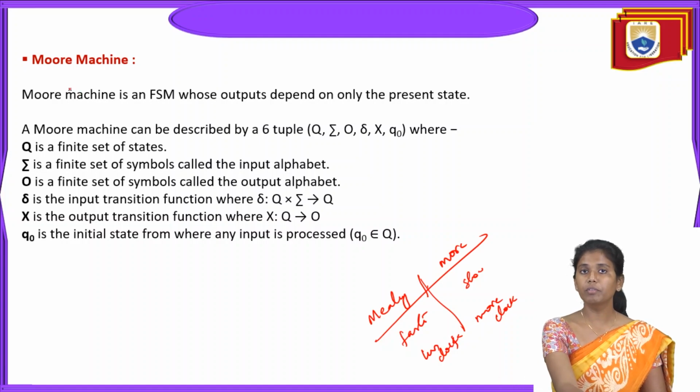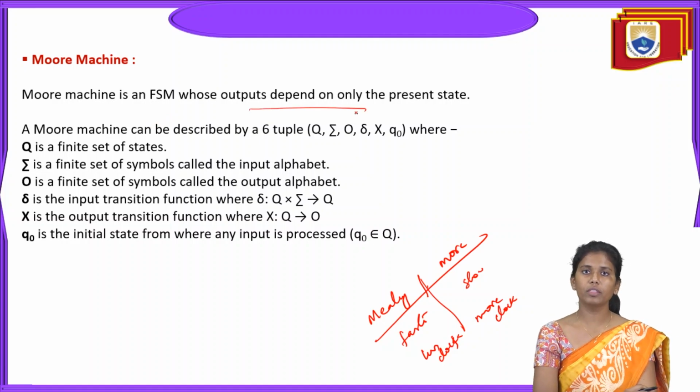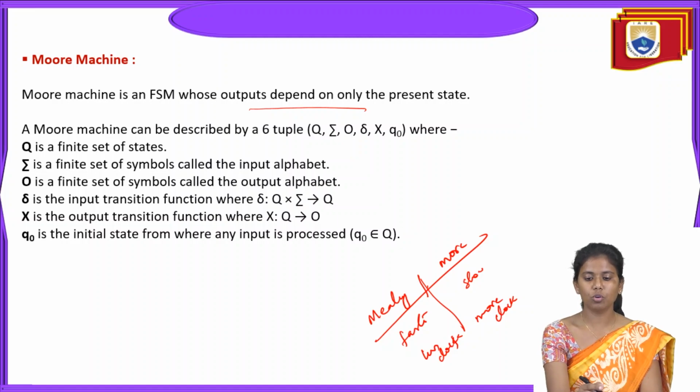And then we will see the Moore machines. A Moore machine is an FSM, that is a finite state machine, where the output depends only on the present state. Here also it has a 6-tuple, where each and every